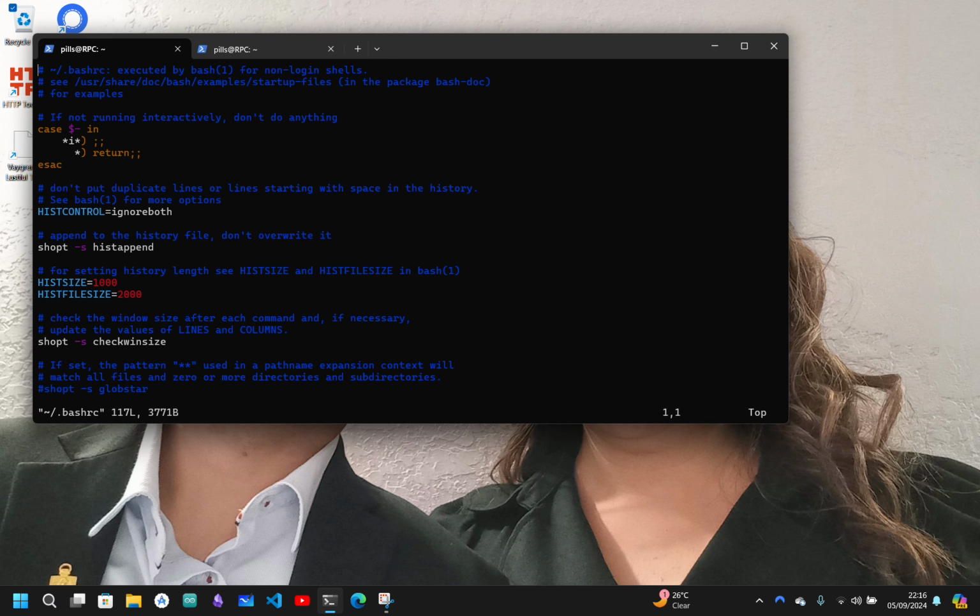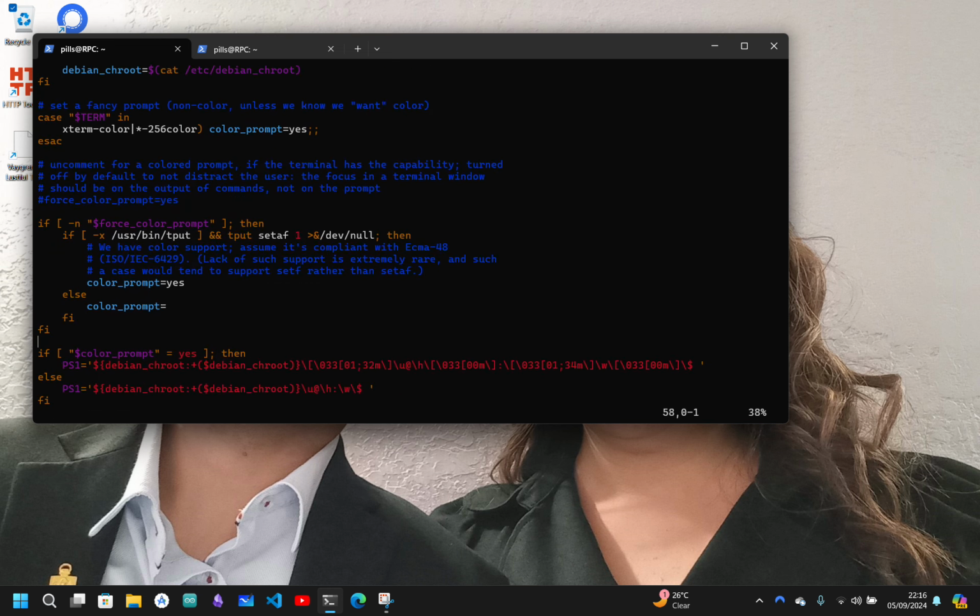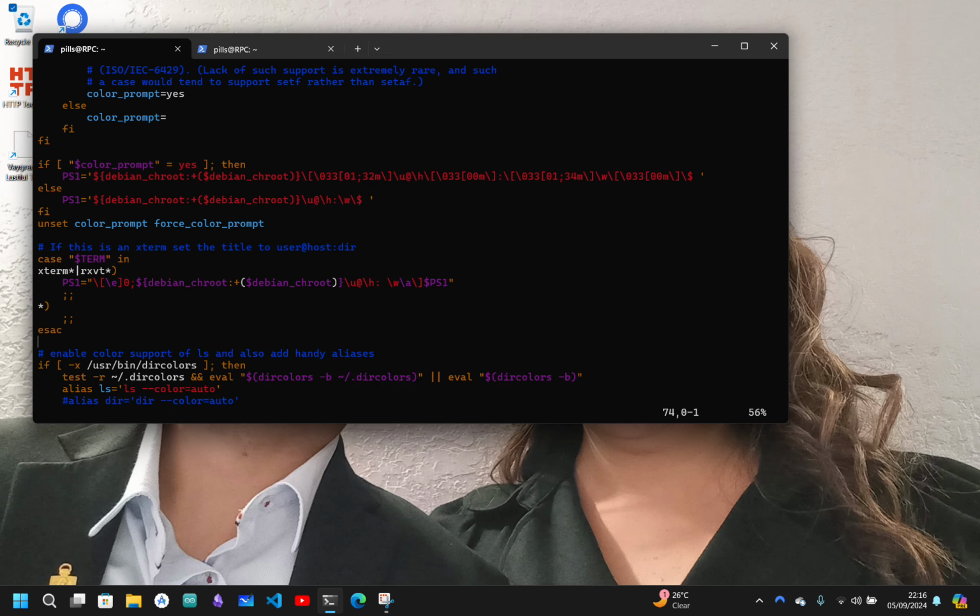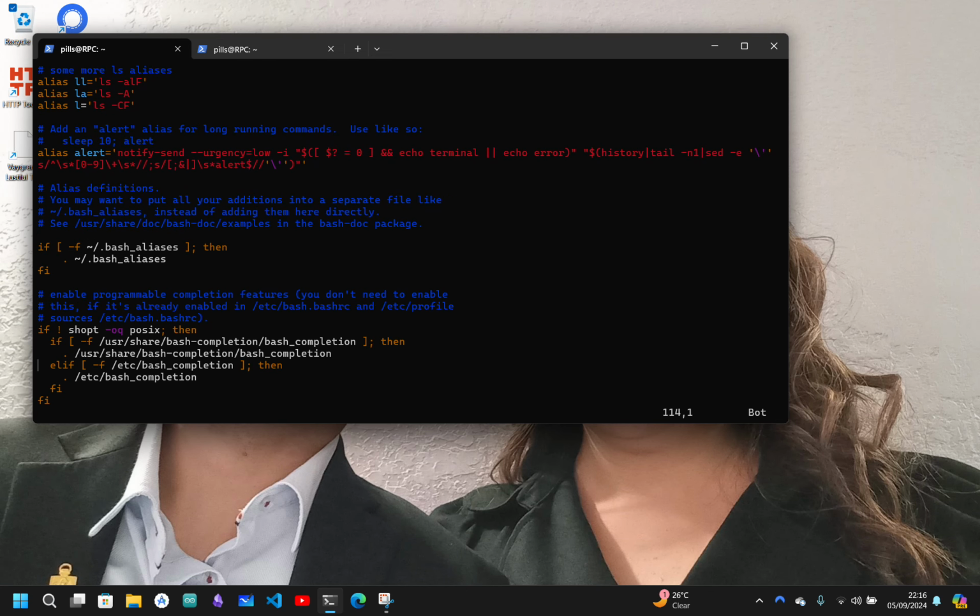We're gonna use this tilde. Pretty much all your dot files, or all your configuration files, you want to have in your home directory, which is signified by the tilde, slash dot bashrc. As you see, there's a lot of configurations that Windows already sets by default. Gonna add two more things. So the first thing that I want to add,